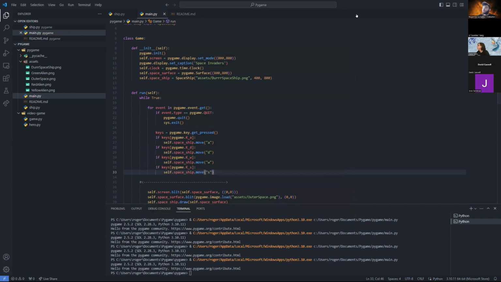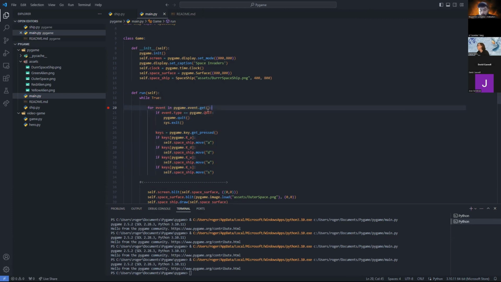Not exactly. So our while True is essentially at its core a loop, right? It's running over and over and over again. And within this while loop, what else are we doing? We're doing another loop, right? It's almost like a nested loop. Every time this runs, I'm running another loop within it, a for loop, and I'm looping through all of its